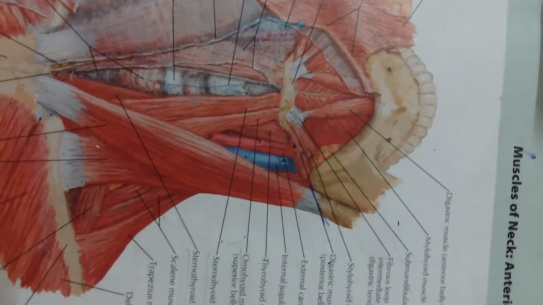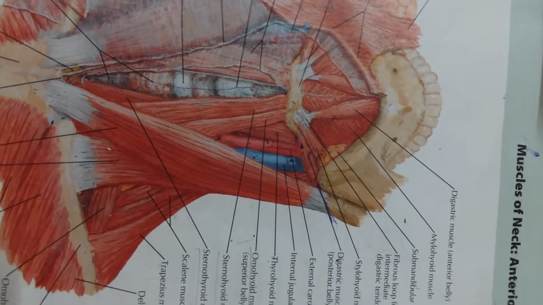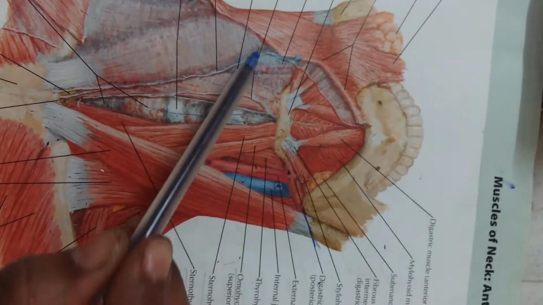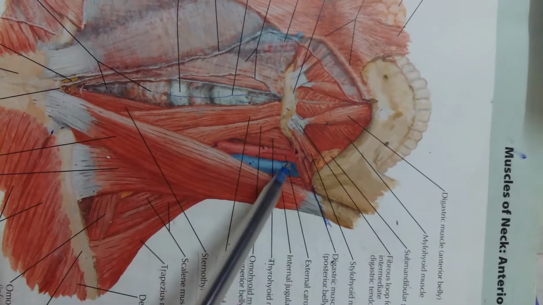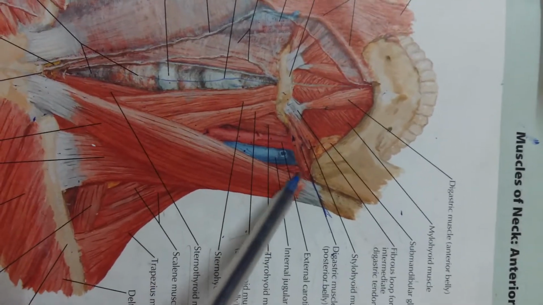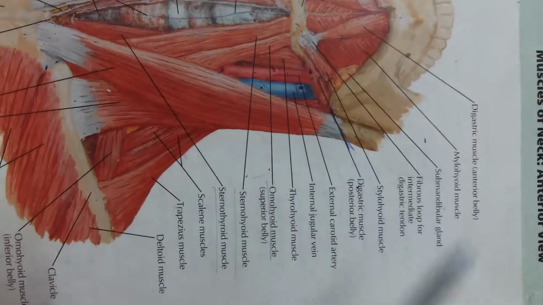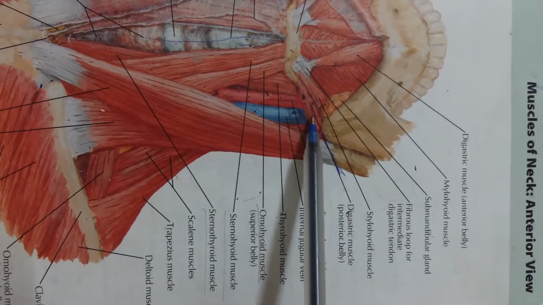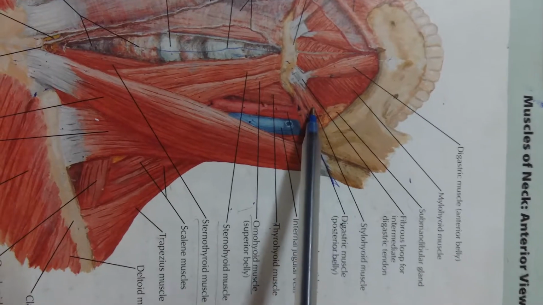Now we are discussing a part of the anterior triangle of the neck, that is the carotid triangle. The carotid triangle is located on either side of the neck, and it is a part of the anterior triangle of the neck. It is triangular in nature, and it is bounded above and in front by the posterior digastric and